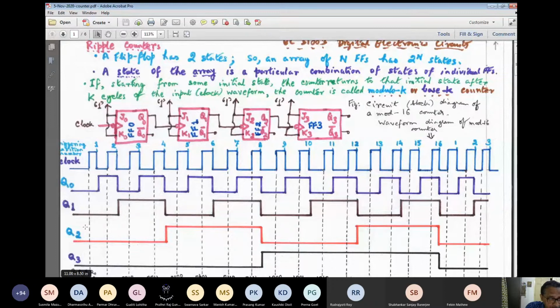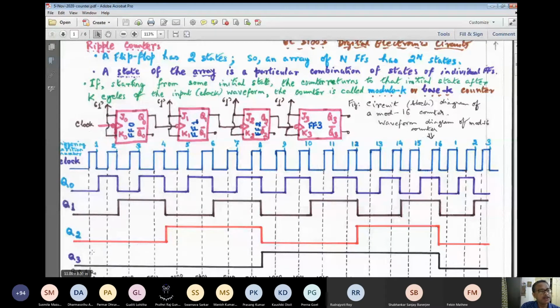Here we are not showing it, but any commercially available counters will definitely have the provision for setting up the initial state. So the all zero state can be initially attained. Not only all zero, any of the 16 possible states can be attained by manipulating the clear input and the asynchronous set and asynchronous clearing. Assume that here we have done likewise.